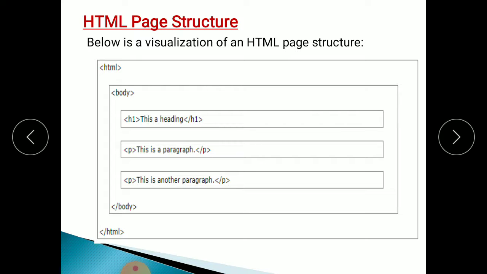in HTML language, if you want to write the code, a pair of two tags comes, one is an opening tag and one is a closing tag. See here, the first one is HTML. This is the hypertext markup language. Every program starts with this HTML tag. These HTML tags are enclosed within angle brackets. We use angle brackets to write any particular tag.